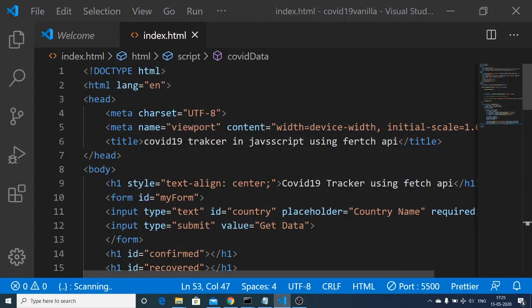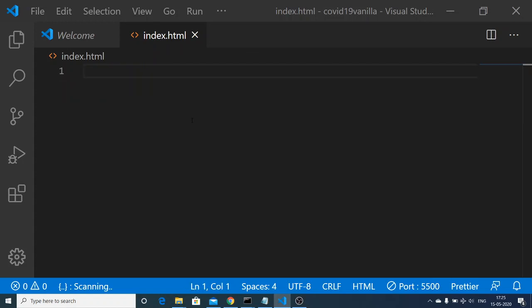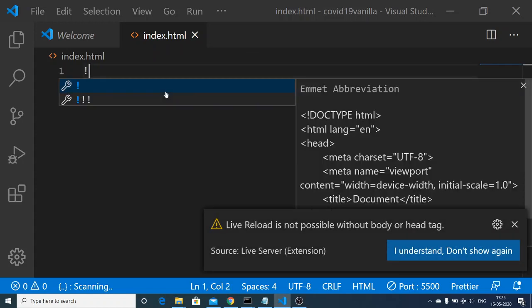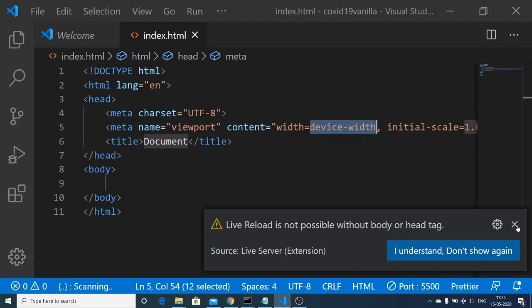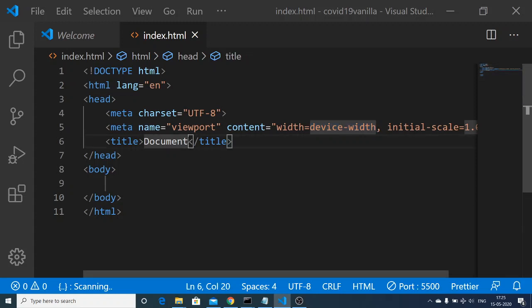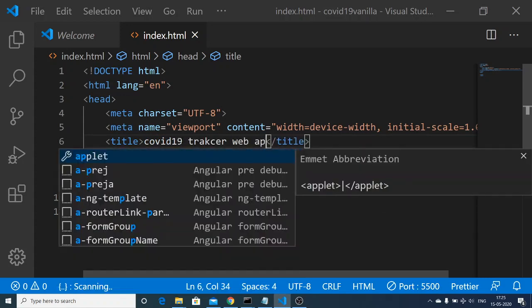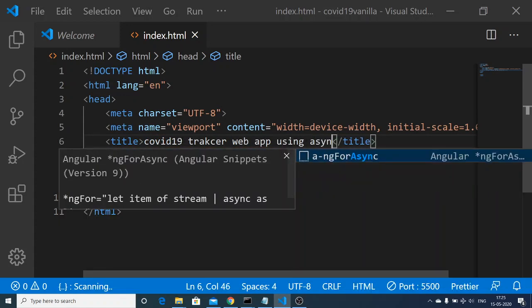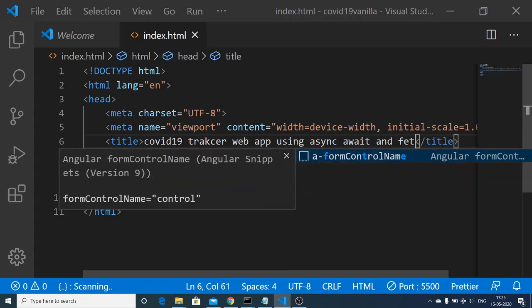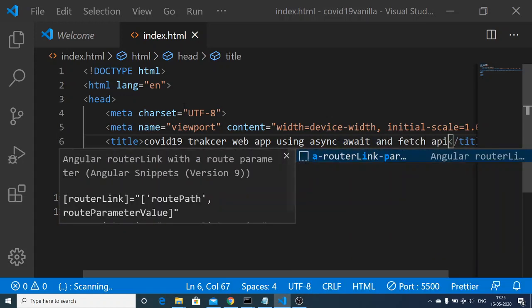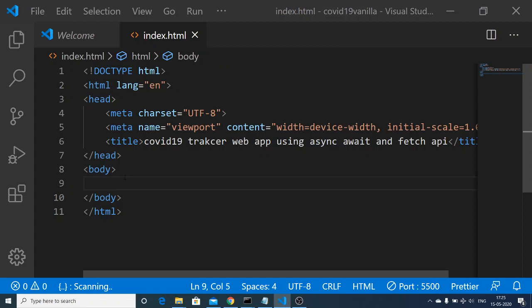In order to get started, just build the index.html file inside your editor, and write a title which will be COVID-19 tracker web app using async await and fetch API. And for the HTML it is pretty simple.